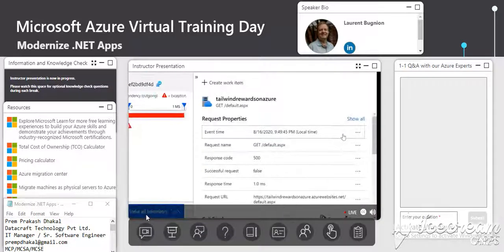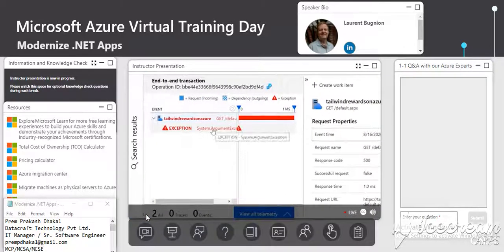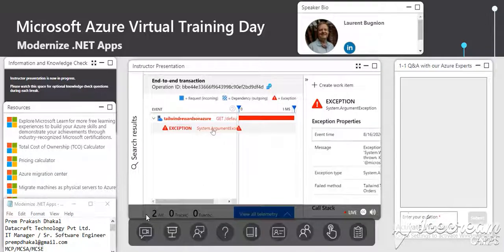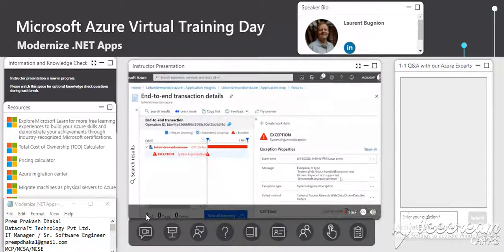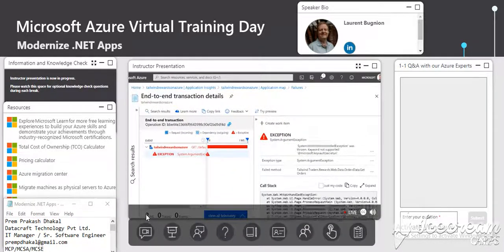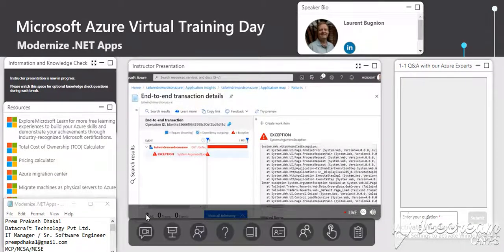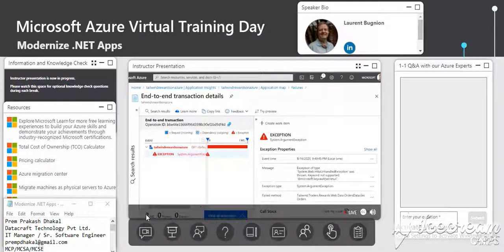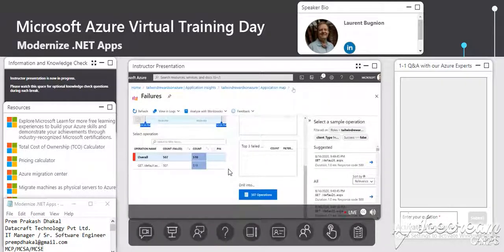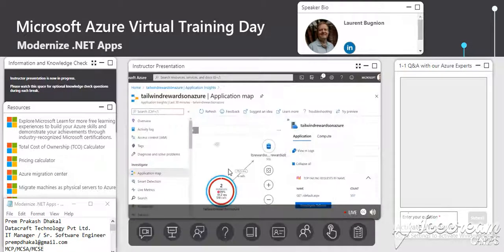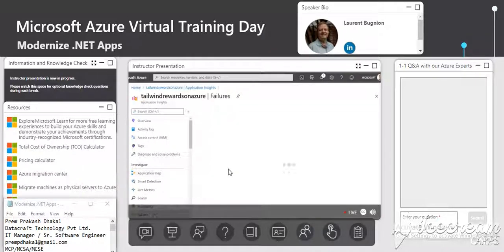Let's dive into that. And now we see basically the end-to-end transaction, all right, from the GET to an exception. And we see this exception is a System.ArgumentException. So as a reminder, this is, again, an ASP.NET application. And we saw that there was something said about @Microsoft.KeyVault, keyword not supported. So we probably have an error here in the connection string going to the SQL Server, because remember that the connection string is in Key Vault, and we have configured that in the second